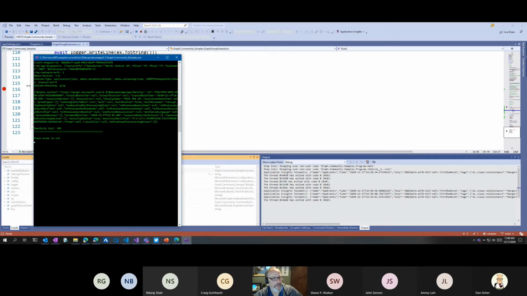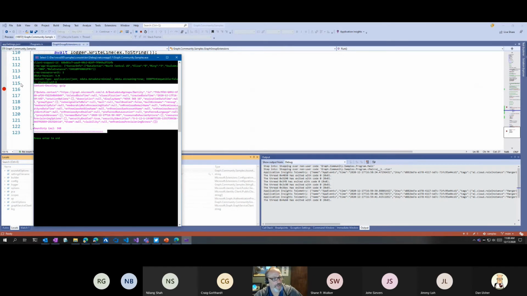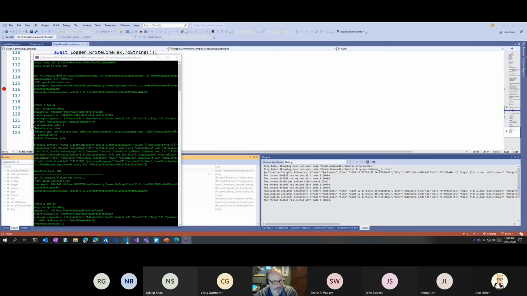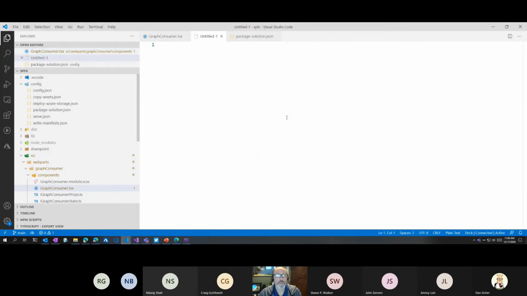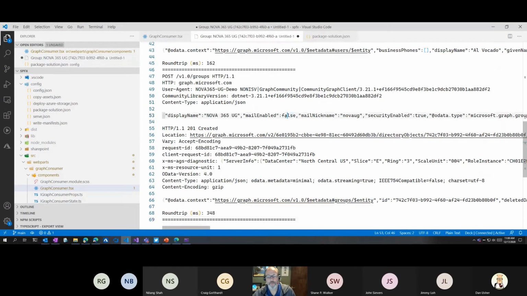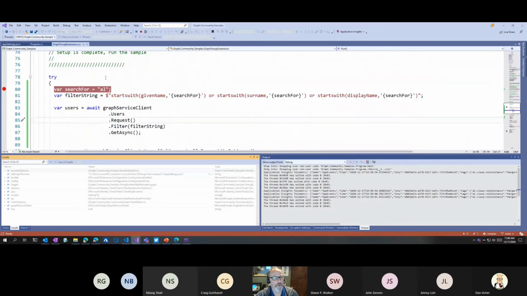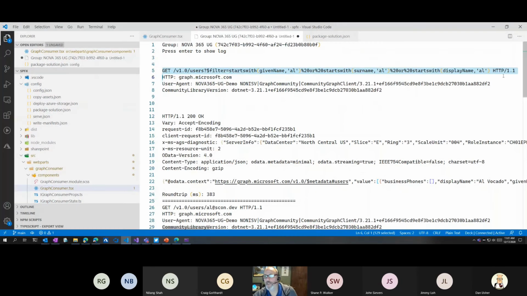So let me copy this and we'll put it into a slightly better format for reading information. And go back to code and do a new page and paste this in. And go to the top. So the first thing that happened was it did a call to /v1/users, and notice it's the filter, right? This string here is from my code that I put in here, right? So this graph service client.users with the filter string gets translated to this endpoint.